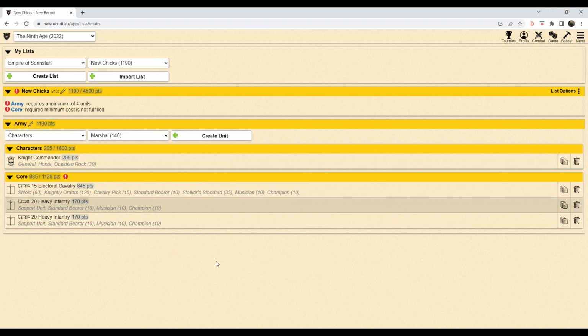So Empire of Sun style normally plays quite a static game. I don't really like that, so I take a bit of a different approach, maybe. So what I have here is the start of a setup. I have a Knight Commander who is a general with a horse and an Obsidian Rock with his Electoral Cavalry buddies. I thought that it was quite a nice unit to field,